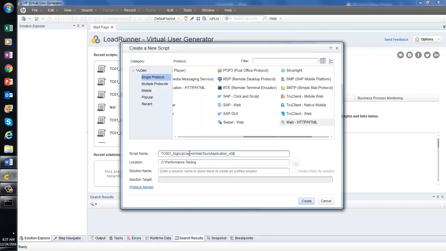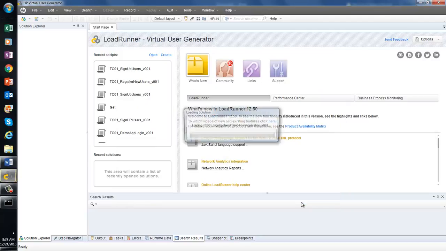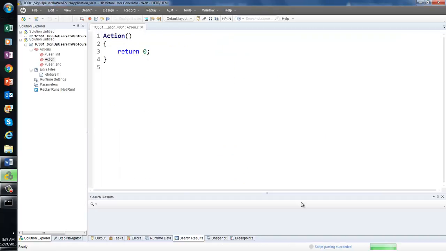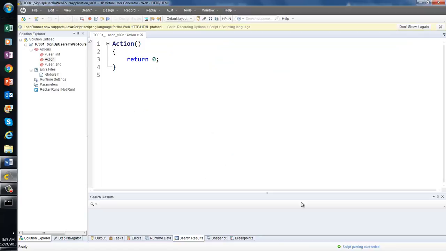Let's say I am giving version 001. Okay, create. So you can see my empty script is created. This is the empty script, I have nothing in it. Now the first thing you will do is go to recording